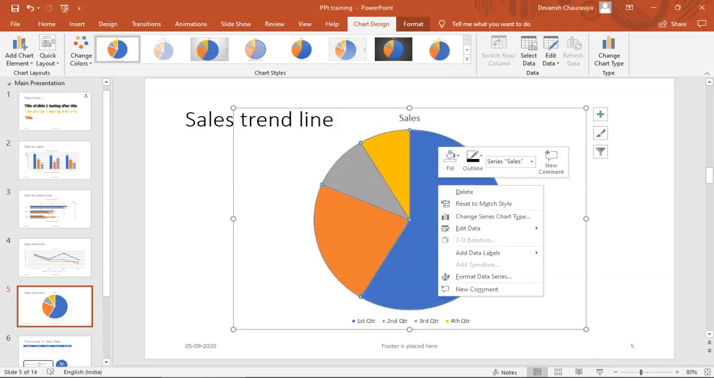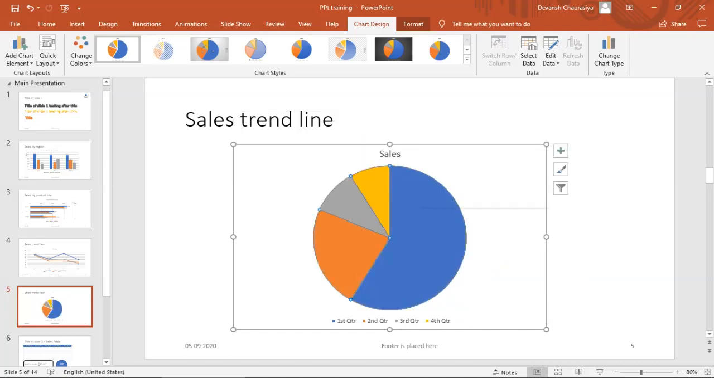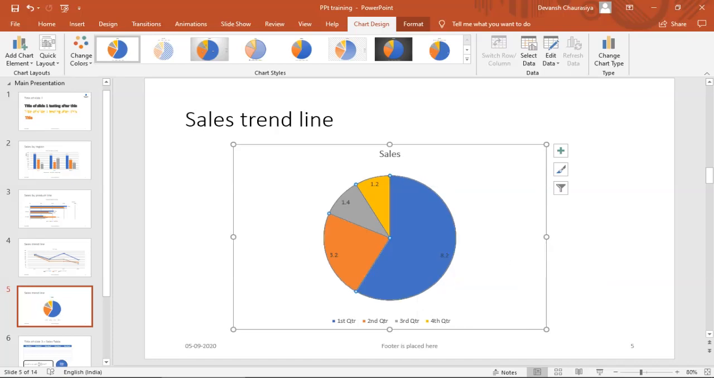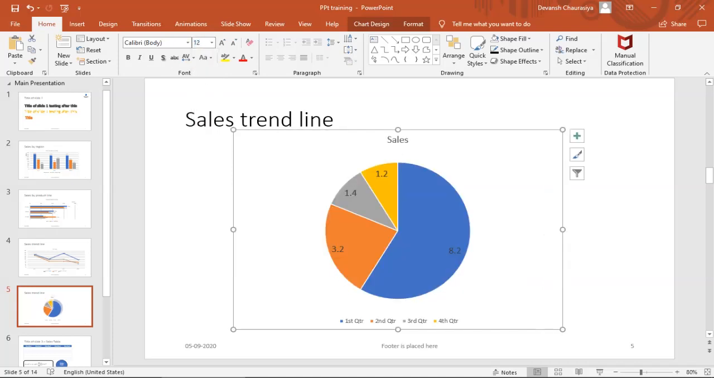Right now it doesn't show any data. So what I can do is I can right click, add data label. Now data label looks like this. Let me increase the size to 18 this time. Okay, but it is not very good that I made a sale of, let's assume, 8.2 million